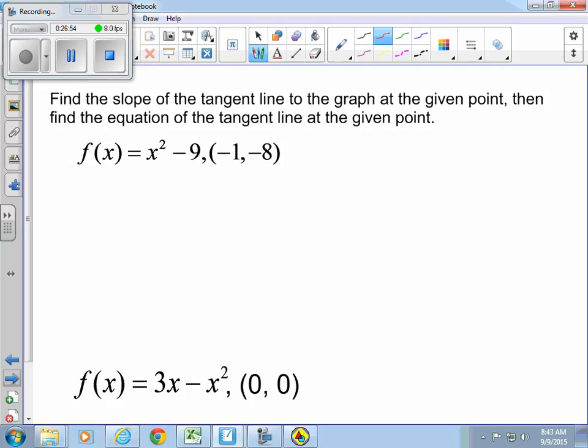So find the slope of the tangent line of the graph at the given point, and then find the equation of the tangent line. So I'm going to use algebra 1 here. What do I need to write the equation of a line? Two things I need. A slope. A y-intercept, great. Do I have to have a y-intercept? A slope and